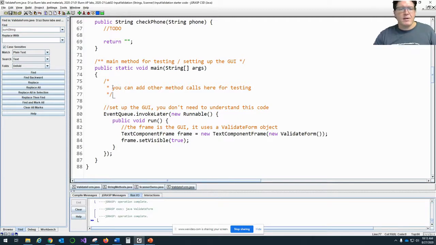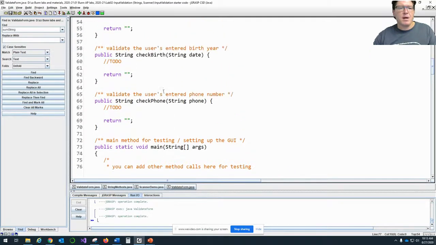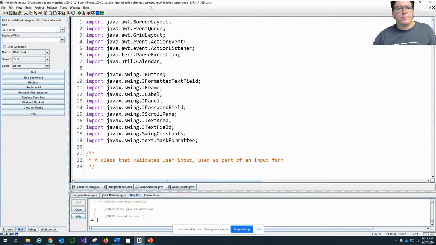Just play around, have some fun, keep track of the changes you made, so that way if you need to get back to your baseline of where you started, you'll know what you added. So I would comment anything you add on here. However, long story short, what you need to do and understand and make sure this works, okay, is once you